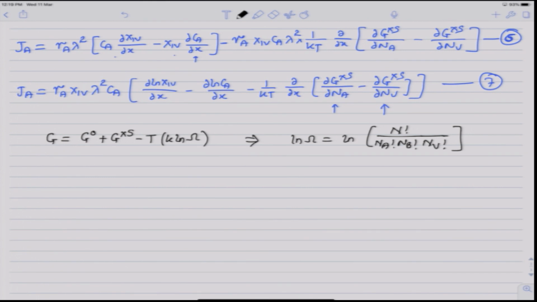This we have derived when we went over the statistical model of mixing during our thermodynamic refresher. So this can be written simply as N ln N minus Na ln Na minus Nb ln Nb minus Nv ln Nv. Now if we take the derivative of G with respect to Na,